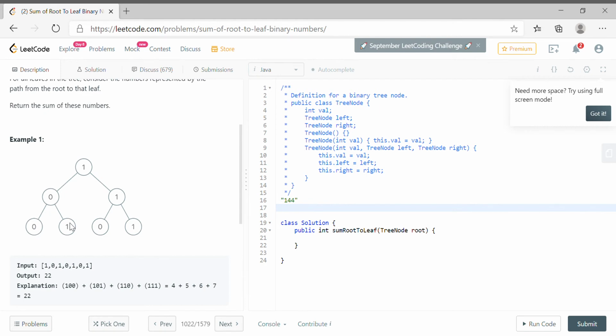Similarly, we'll come back here. We'll find the number for the binary string 101, add it to the result, and delete the value. Similarly, we'll delete this and come to the one, and find the number for this as well. So overall, we'll get the total sum. But we can avoid taking extra space. So we'll take one example of how we can do that.